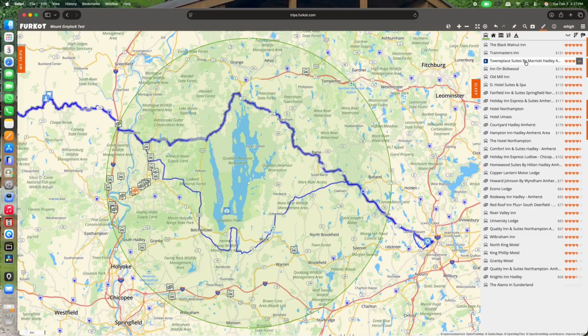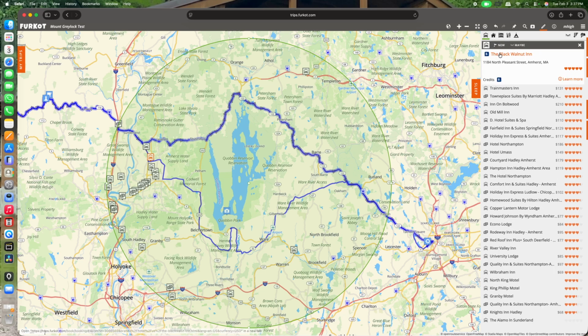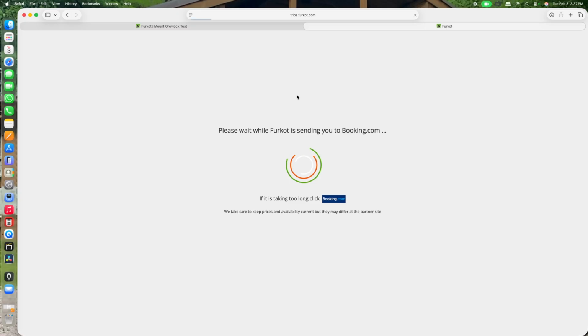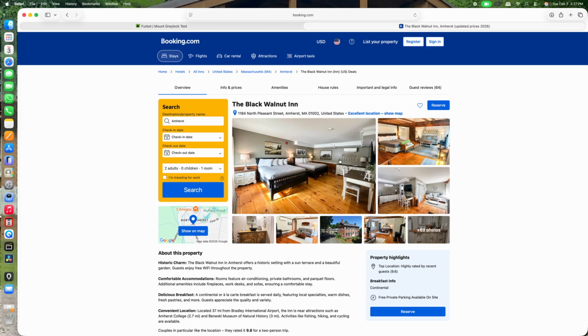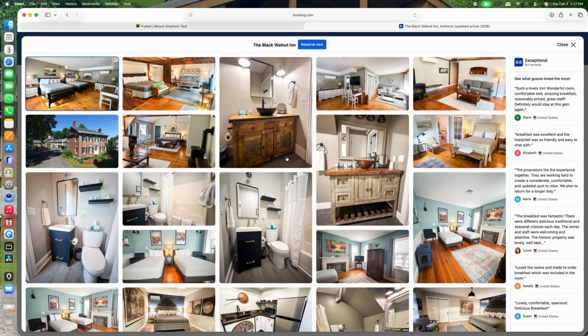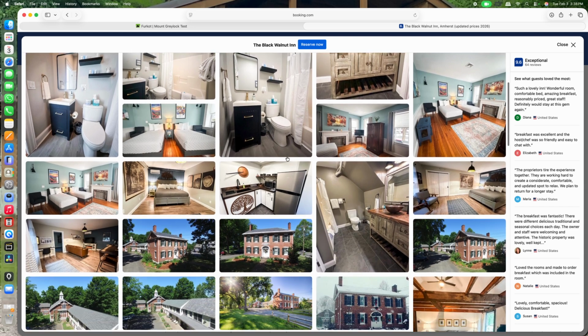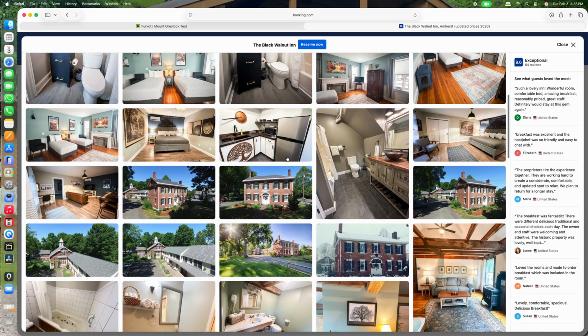But it will show you some places like the Black Walnut Inn. And again, if you click on that and then click on the tab, it'll take you into Yelp, I believe, or Booking.com, and you can kind of check out the place, right? At least with the pictures. I don't want to see if it's available yet, but I do just want to check it out. Show me all the pictures of the place, some inside, some outside.